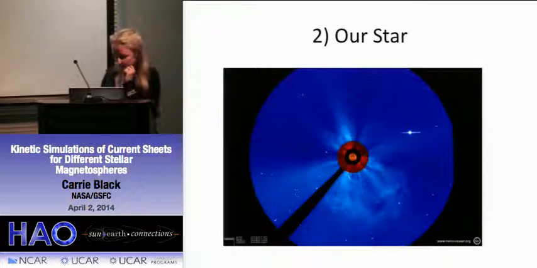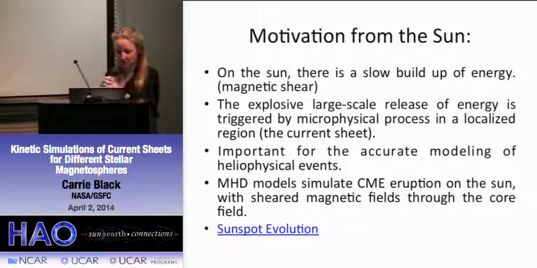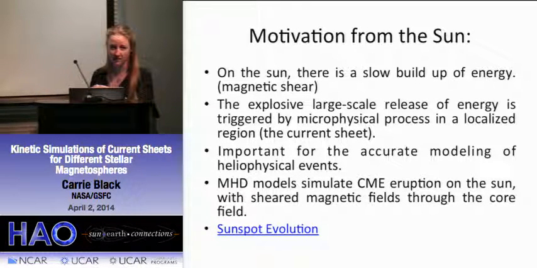Okay. All right. Good. So now we get to our star, our home. We talked about breakout already. There's a slow buildup of energy, this magnetic shear. It leads to this large-scale explosive release of energy. It's triggered by some microphysical process that we're not entirely clear on how this actually works, and it's localized in the current sheet. For accurate modeling of heliophysical events, we really need to understand what's happening on the kinetic scale. Your SEPs and such, you're not going to get that out of an MHD model. Love you all, MHD modelers, but